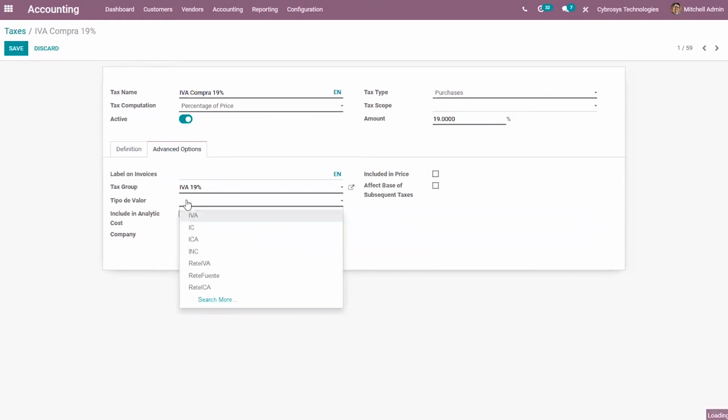Here we can find the value type. There is a retention type and tax type that Colombian localization provides. This specification is used to show the taxes accurately in the PDF invoice. So you can choose one and save.